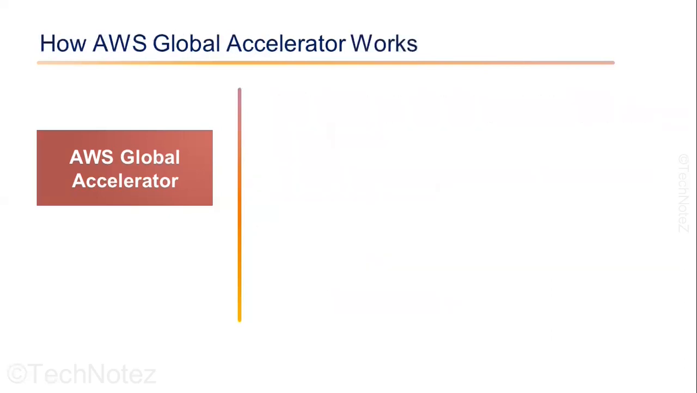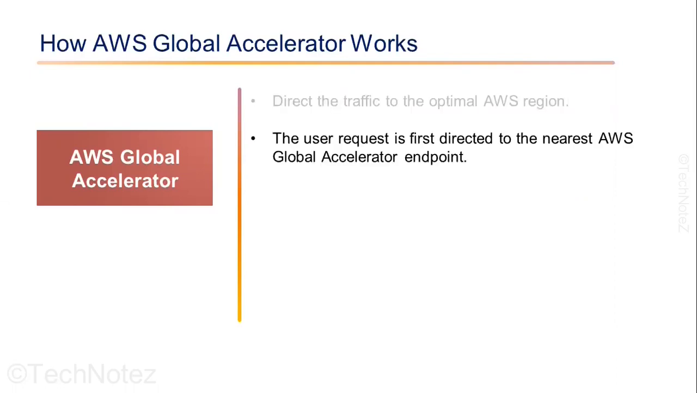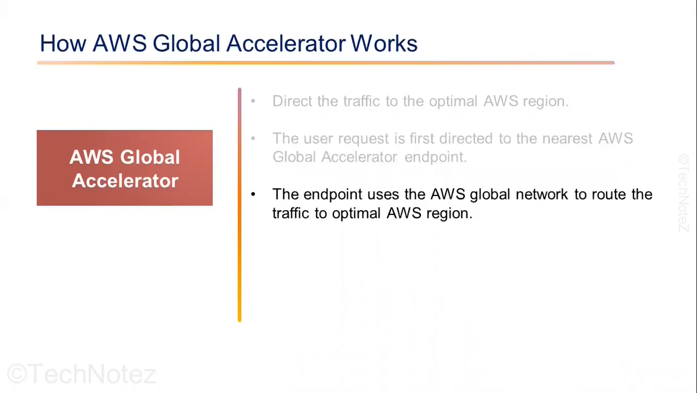Now let's see how AWS Global Accelerator works. AWS Global Accelerator works by directing the traffic to the optimal AWS region. It does this by using the AWS Global Network, which is the network of points of presence located in various regions around the world. When a user requests to access an application, the request is first directed to the nearest AWS Global Accelerator endpoint. The endpoint then uses the AWS Global Network to determine the optimal AWS region for the